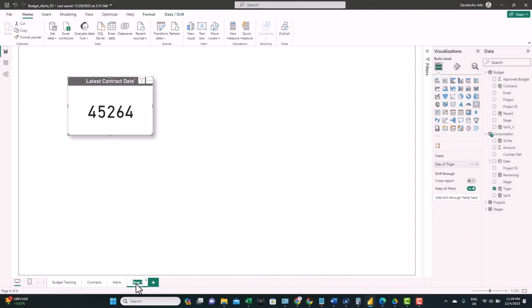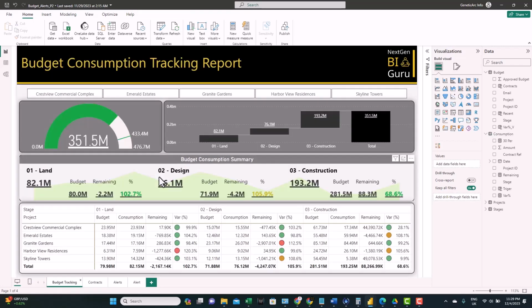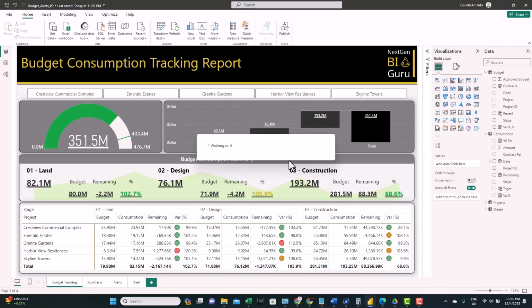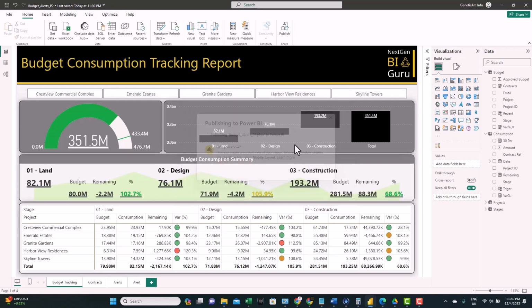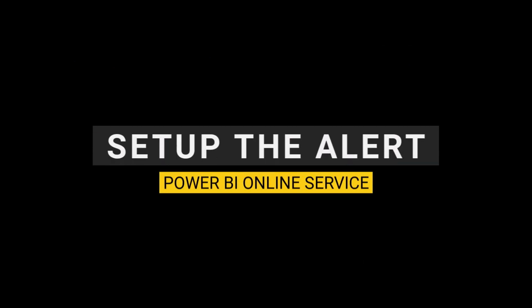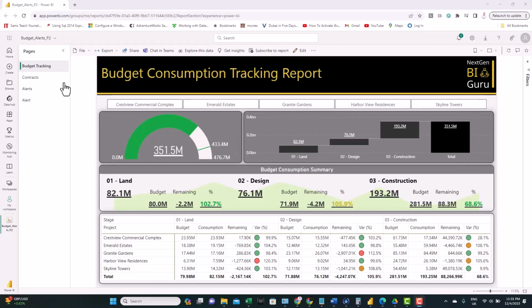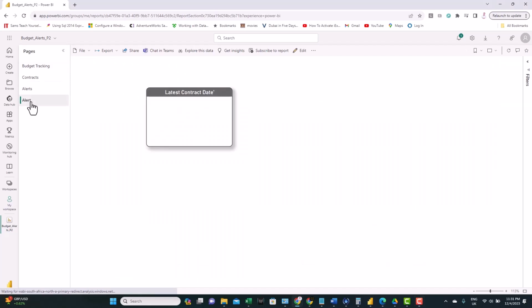Let's name this page as alert. And we have our report ready. Now we can publish this report to Power BI service just like the previous video. So this is the published report and we can see here the alert page. And as promised, we have only one card. We don't need to worry about 15 different cards